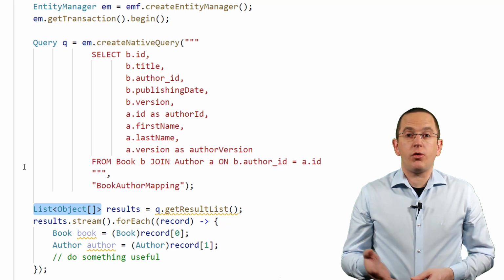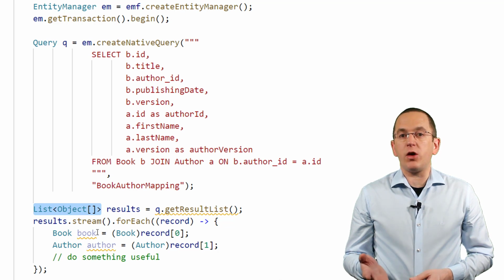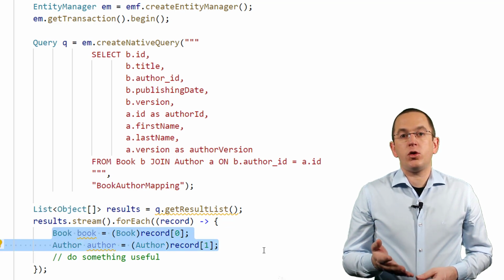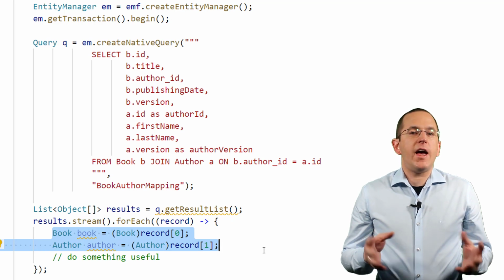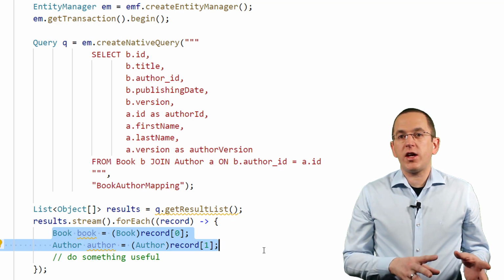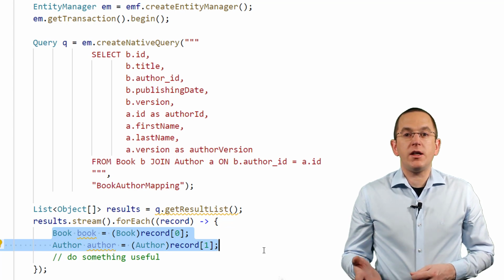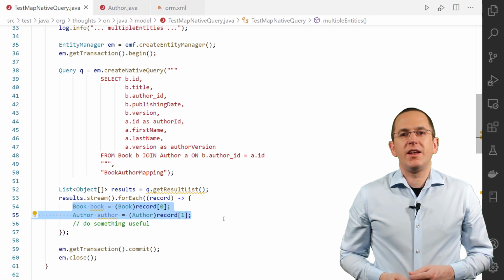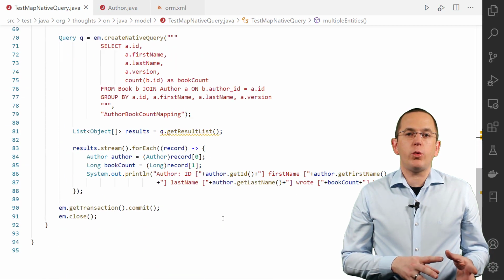We wanted to get rid of these object arrays. If we have a more detailed look at the objects in the array, we see that these are no longer the different columns of the query, but the book and author entities. And as the entity manager knows that these two entities are related to each other, the relationship on the book entity is already initialized. Another very handy feature is the mapping of additional columns in the query result.